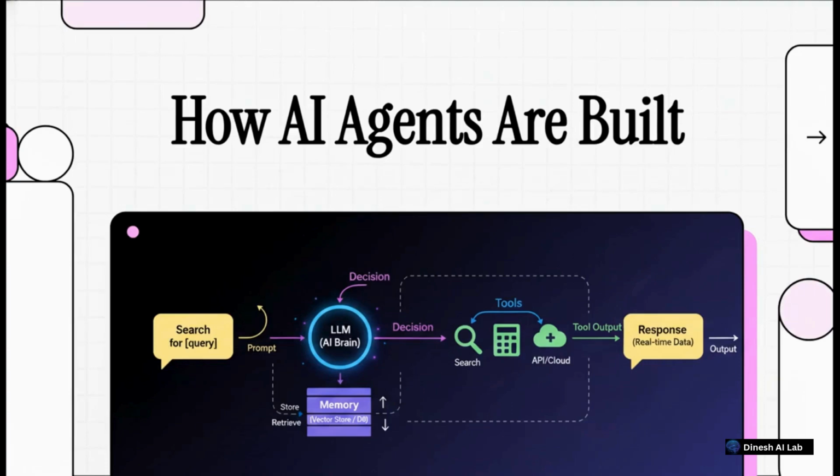So AI agents are absolutely everywhere now, right? They are searching the web, automating tasks, giving us real-time answers. But how do they actually do all that? Well, I'll tell you, it's not magic. It's actually a surprisingly simple system. And today, we are going to pull back the curtain and show you the exact blueprint for how it all